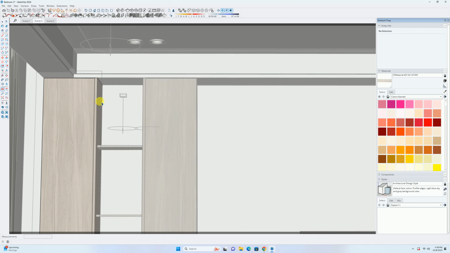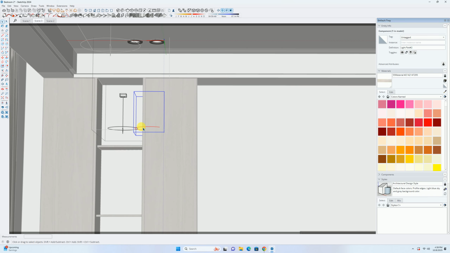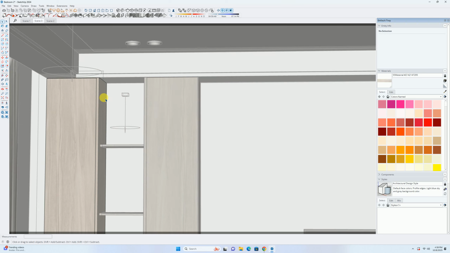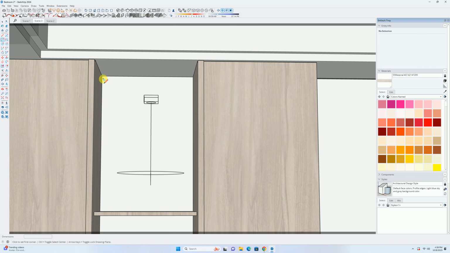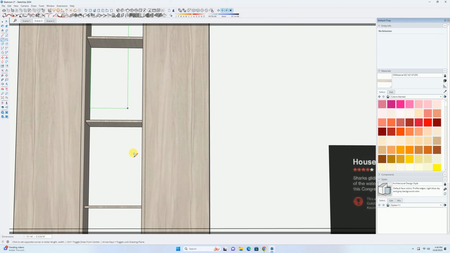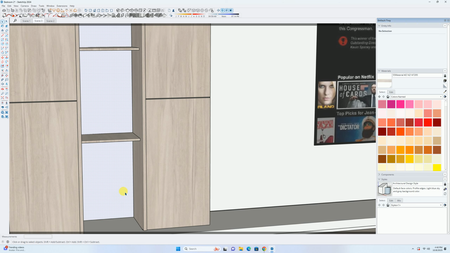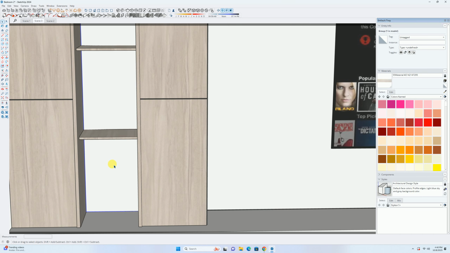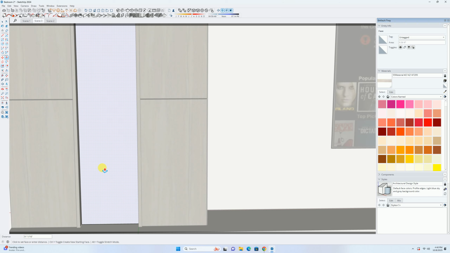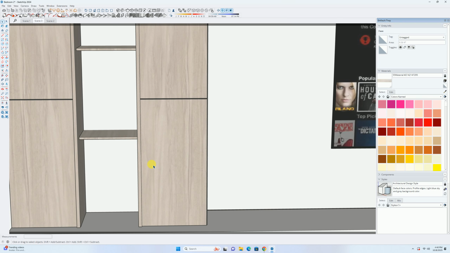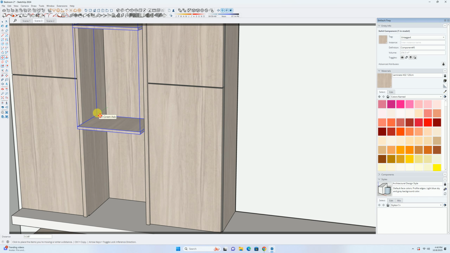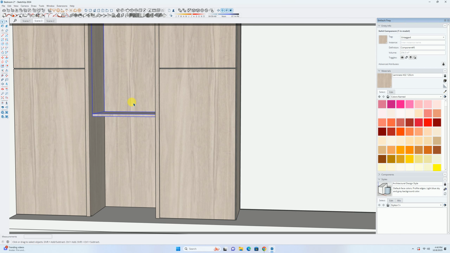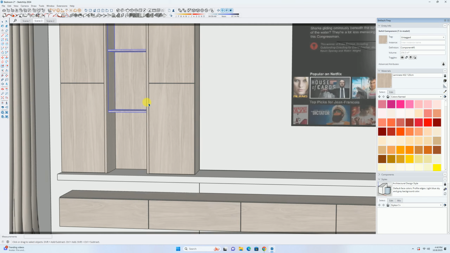Okay, and another change that I want to do is I'll create a rectangle from this corner to this corner. Okay, I'll double click on it and convert it into a shape. And I'll double click on this shape and apply half an inch of thickness. And I will apply the same material over here. I'll move this element outward.